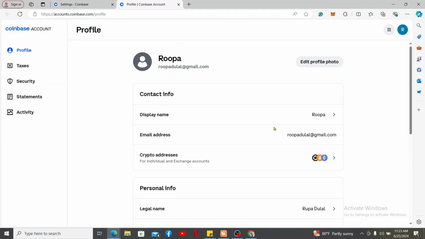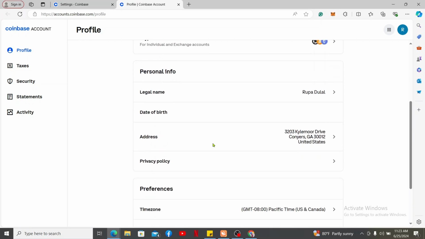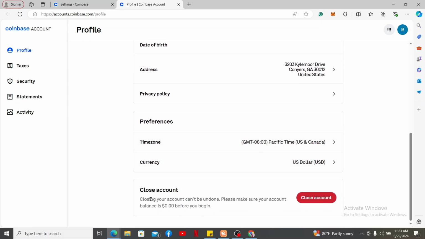Now, this will open up the Profile section. Scroll all the way down and get to this Close Account option. Closing your account means you will no longer be able to access its features like buying, selling, or trading cryptocurrencies. It also means you won't be able to use your Coinbase wallet connected to this particular account after the account closure. Also make sure that your Coinbase account has zero balance in it,